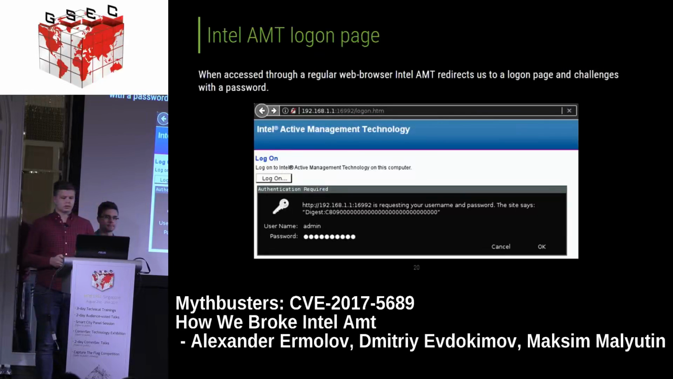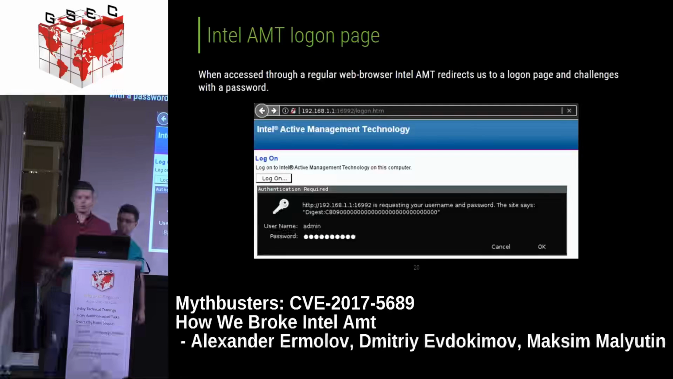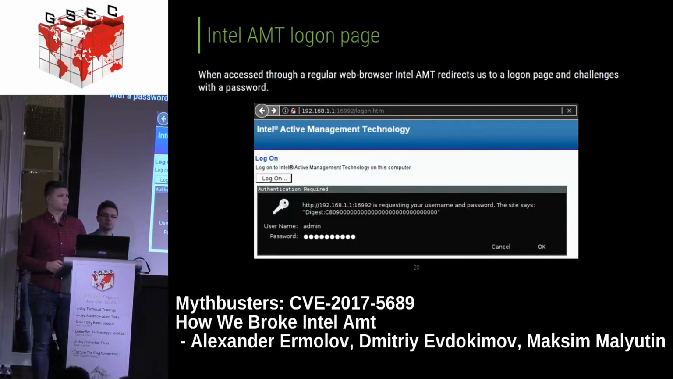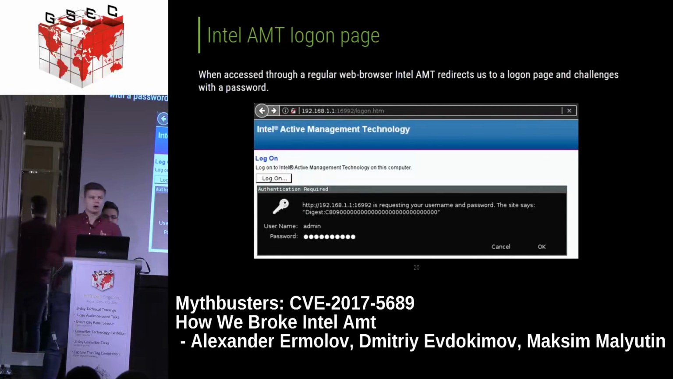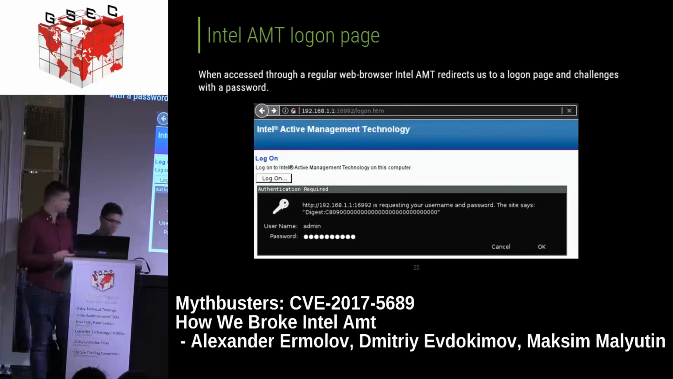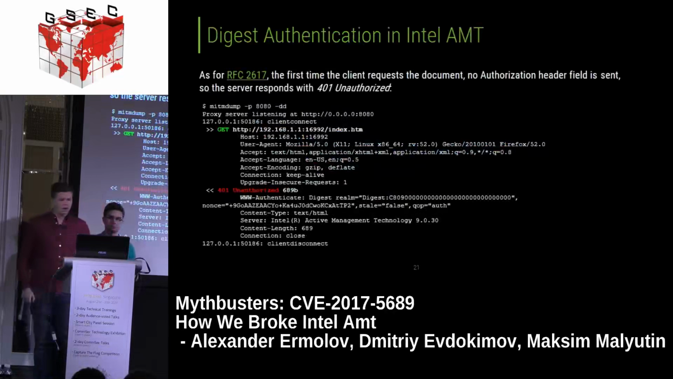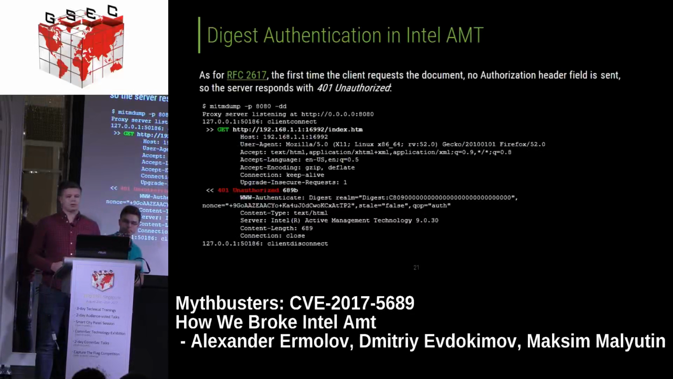When users access the Intel AMT web server via network port 16992, they are referred to the login page and challenged with a standard authentication request. So let's use a man-in-the-middle proxy. Now, with the help of a proxy server, let's analyze what is actually happening in more detail. As for RFC 2617, that is digest authentication. The first request gets a response with an unauthorized code